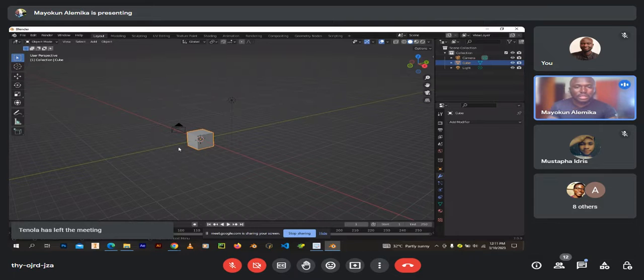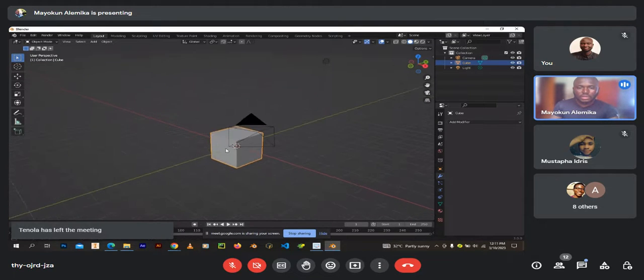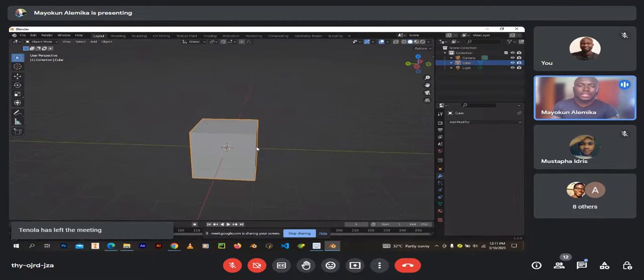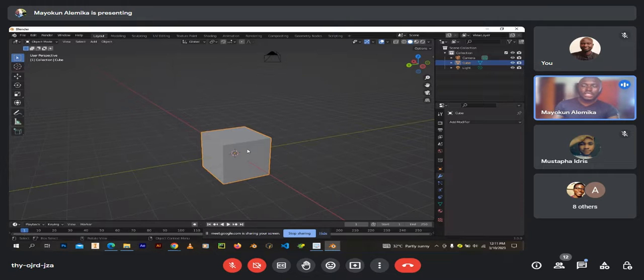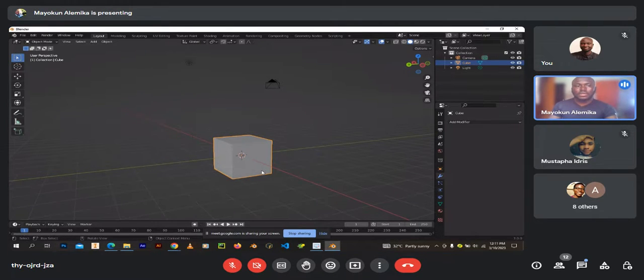So today I'll be teaching some more modeling tips and some more modeling tools that we can use in modeling, because that's the foundation, the basics of everything in Blender. That's the core thing. If you don't know how to model, if you are not flexible in modeling, it will be difficult for you to proceed in modeling in general, and ultimately in your XR category. Much later, I think 2 classes from now, we'll start talking about the texturing and materials